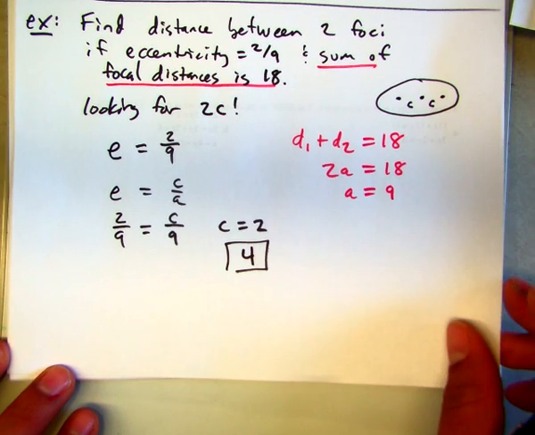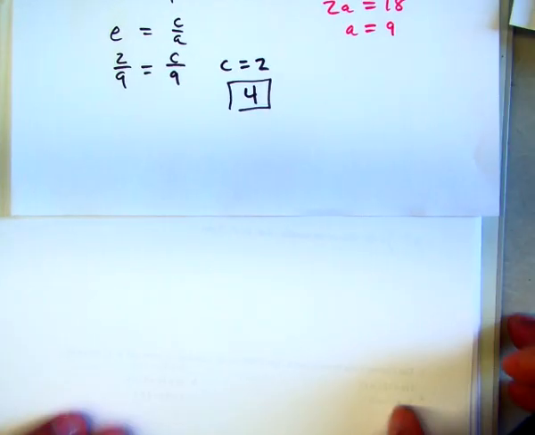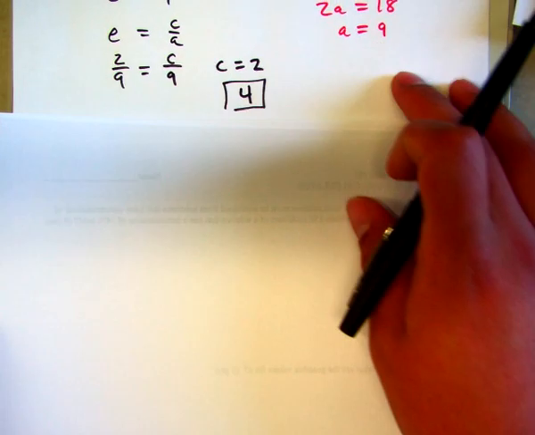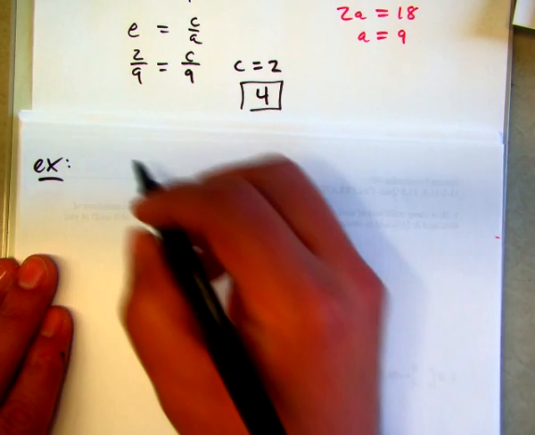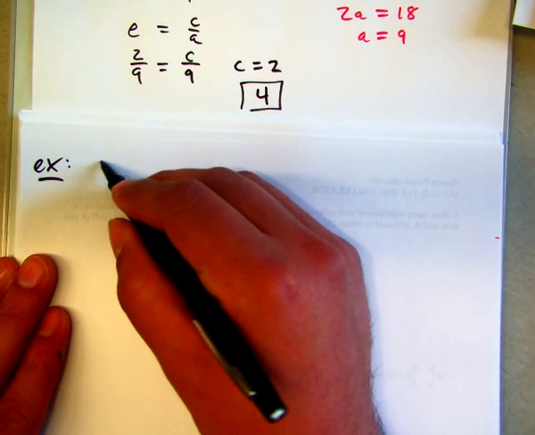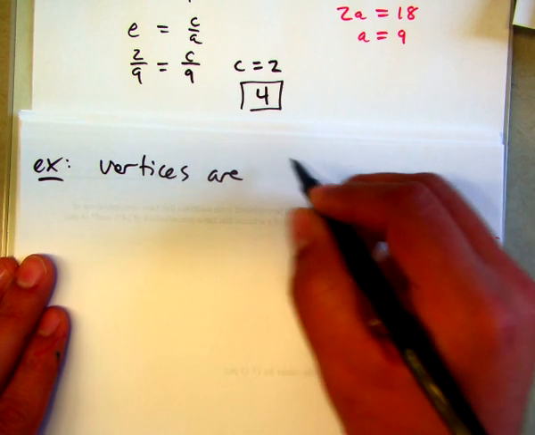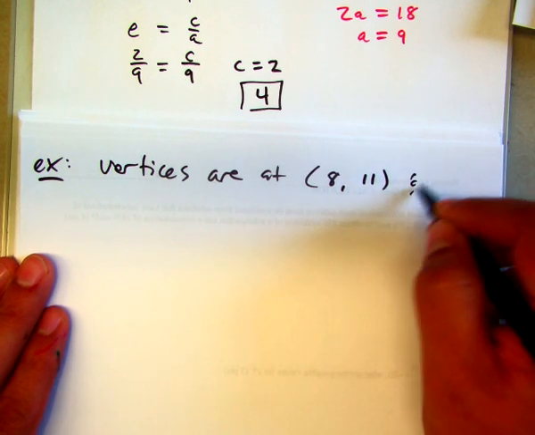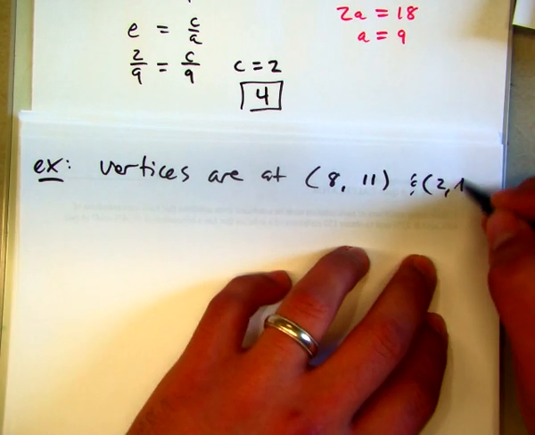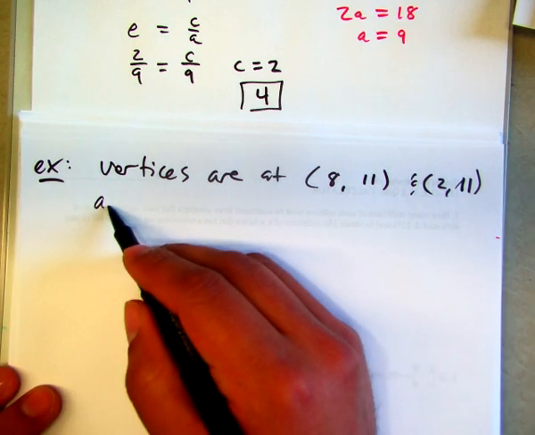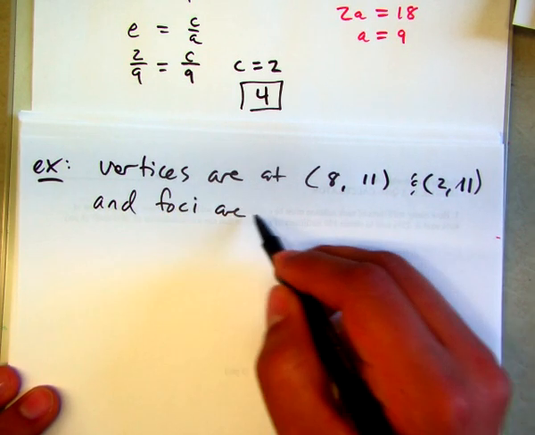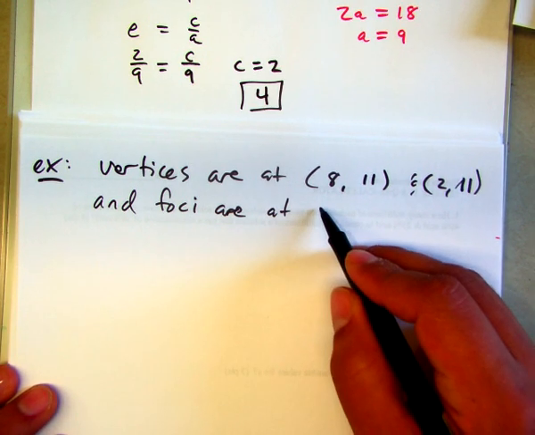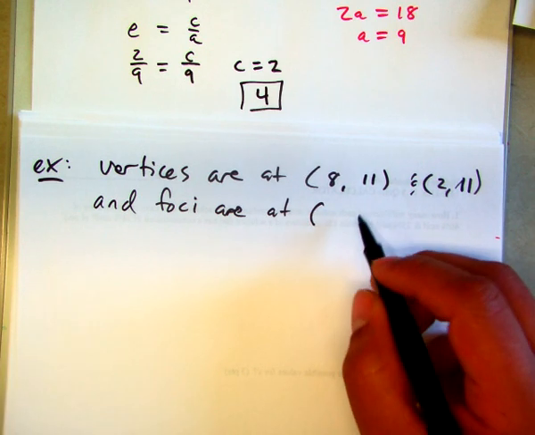Okay, last one. Let's say vertices are at (8, 11) and (2, 11), and foci are at (7, 11)